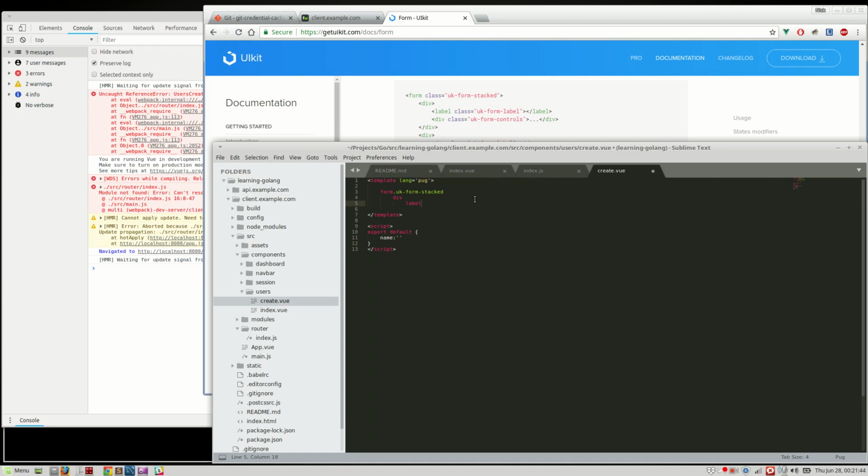Div, label. What do users have? They have first, last, and email, right? I guess they have a password and confirm password. We're going to need that. Say uk-form-label like so, and we're gonna call this the first name. I'm gonna say div uk-form-controls. Okay, and then let's see here. We're gonna say, okay, input.uk-input